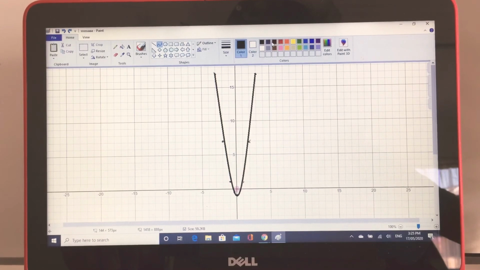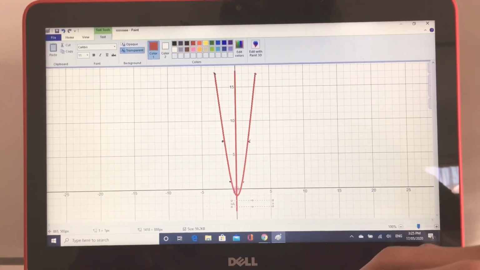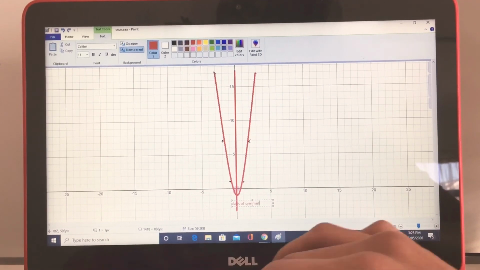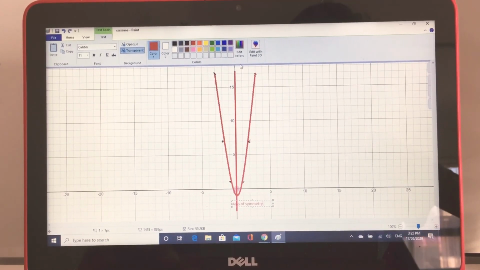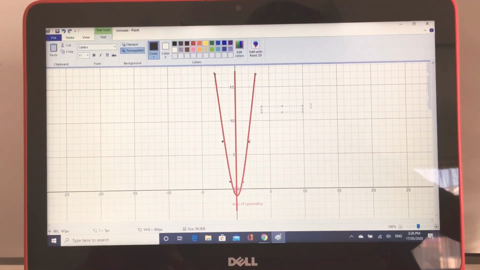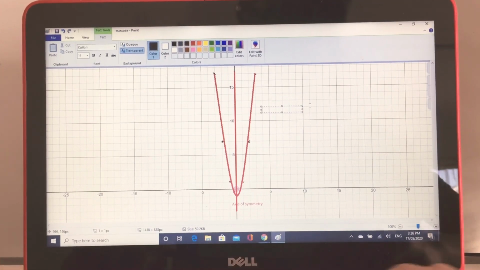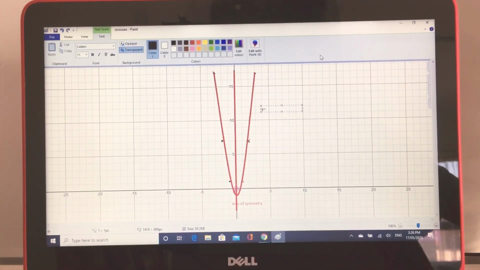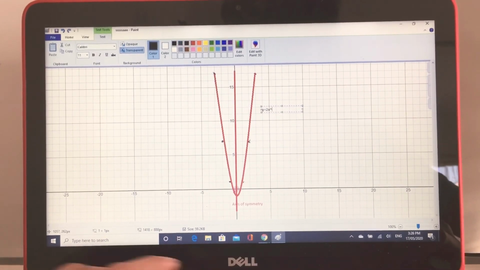Now the axis of symmetry, we'll label it in red, is this line going right here. So this is the axis of symmetry. I'm trying to find a text box right here. So this is axis of symmetry, and the equation I'll write here, probably in black. So it is y equals 2x squared, so I have to use that,